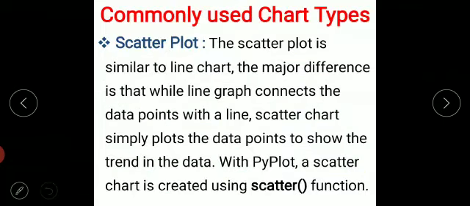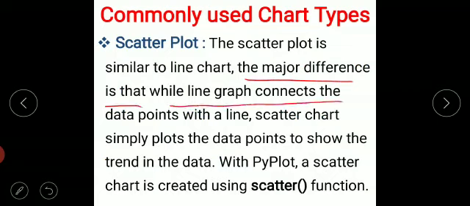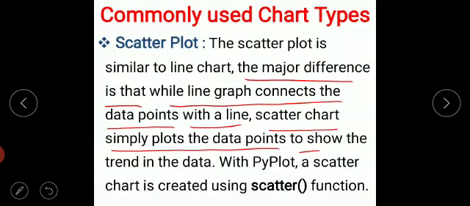Next, we have scatter chart. The scatter plot is similar to line chart. The major difference is that while the line graph connects the data points, right? As you have already seen, each data point is connected with a line. Scatter chart simply plots the data points to show the trend in the data.